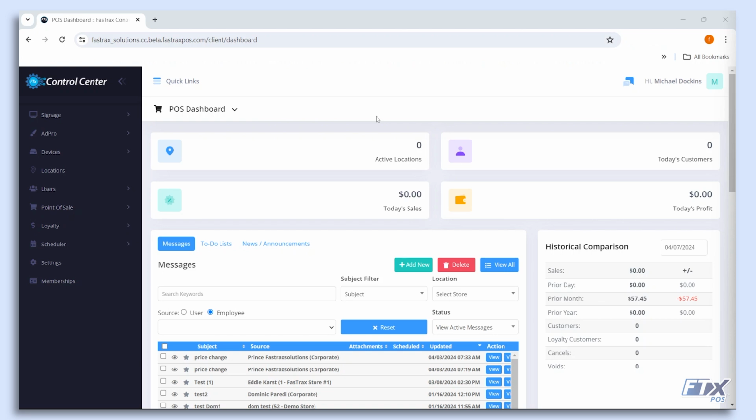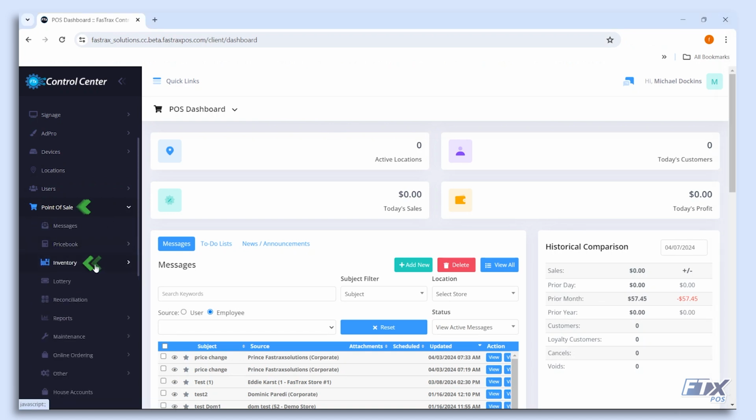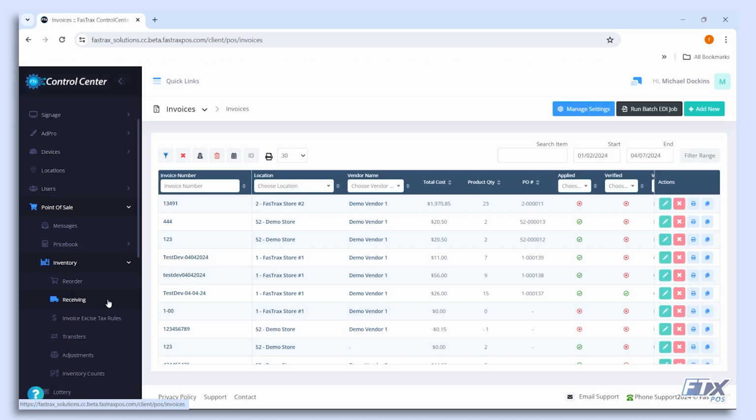Today we're going to be looking at the receiving module section of FTx POS. When we log in, we're going to click on point of sale and then inventory. Under inventory, we have reorder, which is where we will set up our reorders. Then we have receiving, which is where we are going to put our invoices. We want to click into receiving, and under receiving,